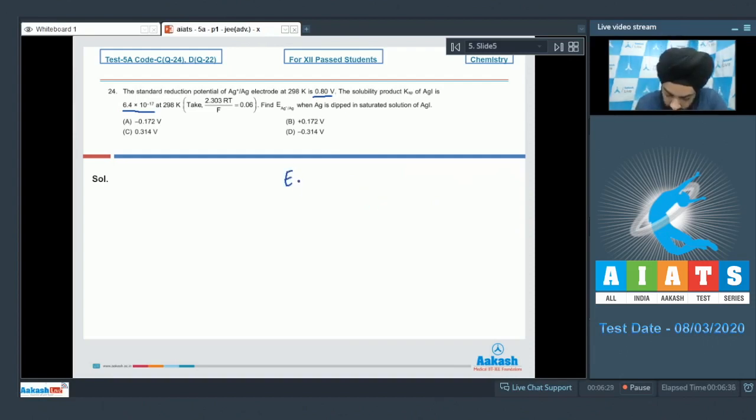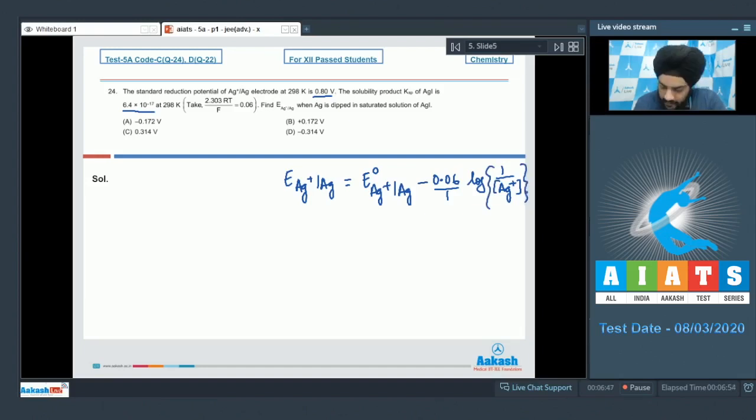So we have E of Ag+ to Ag equal to E naught of Ag+ to Ag minus 0.06 by 1 log of 1 by Ag+ ion concentration. Now students, in order to find out this Ag+ ion concentration, we have to use the Ksp of the AgI. As it is mentioned that we have to talk about the saturated solution of AgI, we can find out the solubility of AgI, that will be equal to the concentration of Ag+